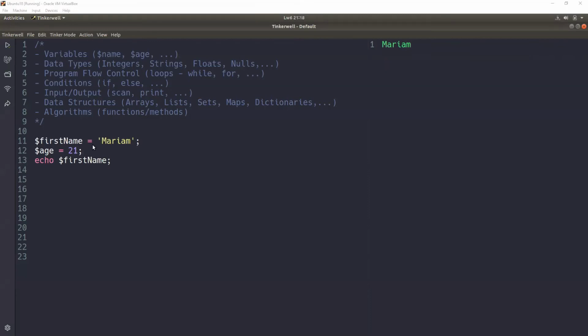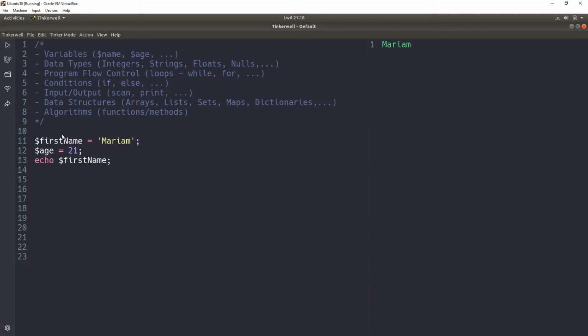Data types: we have covered strings. For example, the name Mariam is a string because we put it in quotes. That makes it a string, and it has characters. These can be alphanumeric characters, alphabet or numbers, as long as they are in quotes, PHP takes them as strings. You could have Mariam 1, Mariam 2, Mariam 3. All of them will be taken as strings as long as they are in quotes. You could even have a number like 1, 2, 3. As long as it is in quotes, it will be taken as a string.